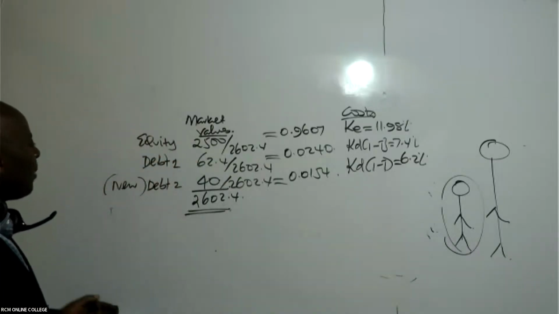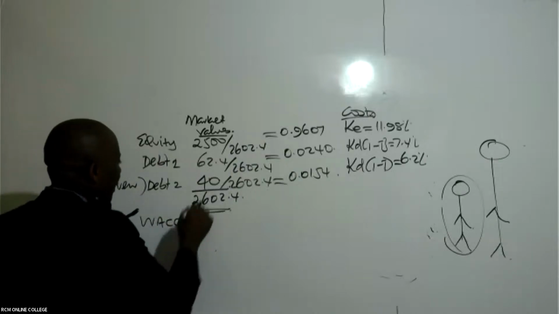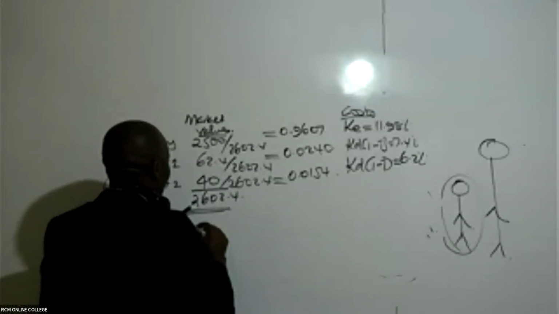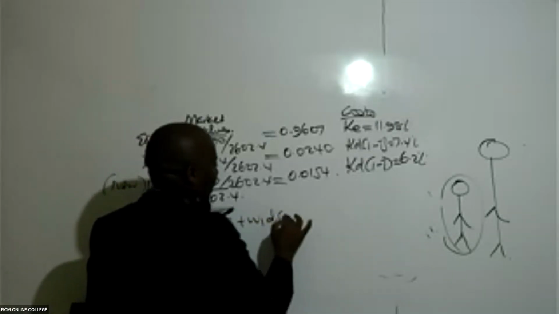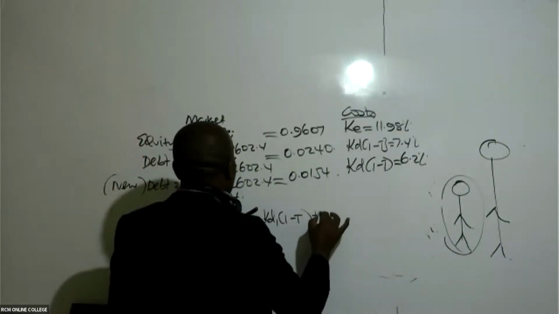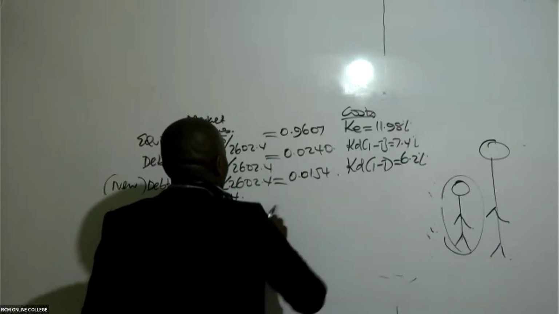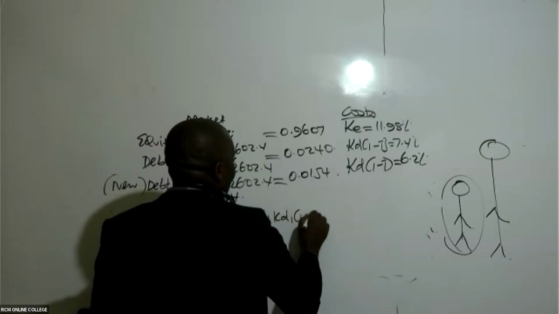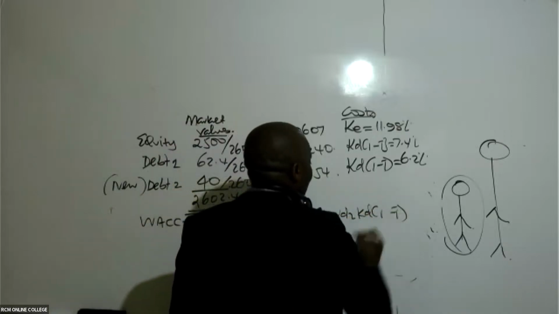All right. Then come ahead and give us what you call WACC, before I answer that student who said, should it be 40 times 105 over 100? So WACC will be weight of equity times cost of equity, plus weight of debt 1 times KD1 after tax, plus weight of debt 2 times KD2 after taxation.